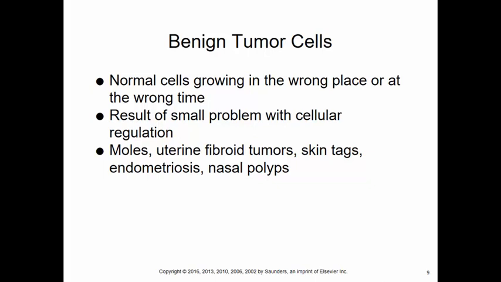Here's some information about benign tumor cells. Wrong cells growing in the wrong place or at the wrong time, potentially just the wrong size, maybe more of them than they need to be. Like we discussed, it's a problem with cellular regulation. It might not be a big problem, but it's enough that maybe we have a little bit of overgrowth of some benign cells. Some examples of benign tumor cells are moles or nevus, uterine fibroid tumors, skin tags, endometriosis, and